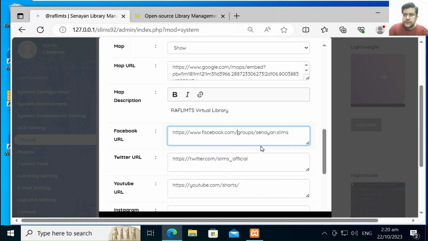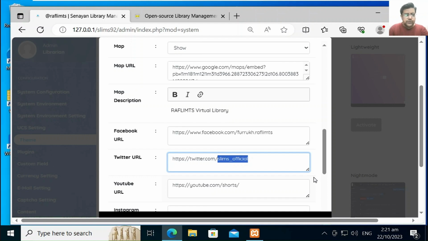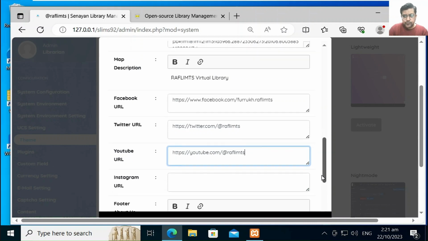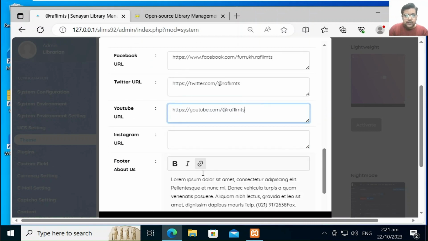For example, for Rafflems. Tutor link, you can provide the tutor link as well. So Rafflems, and of course YouTube link, that would be Rafflems again. I'm not using Instagram right now, so